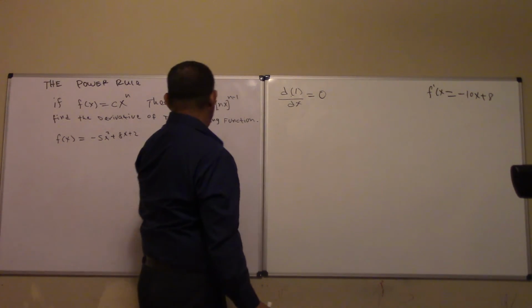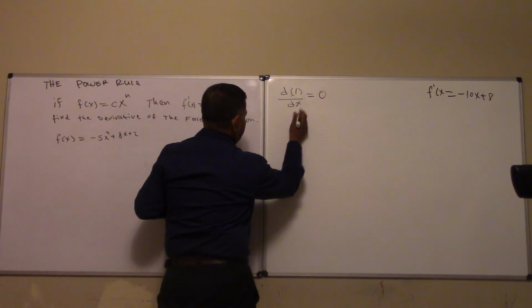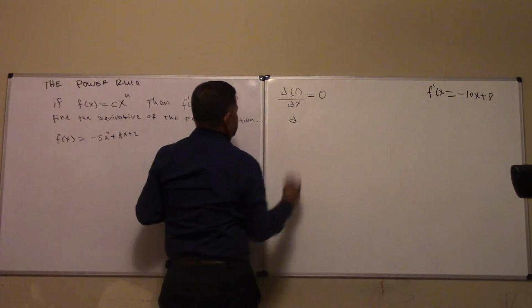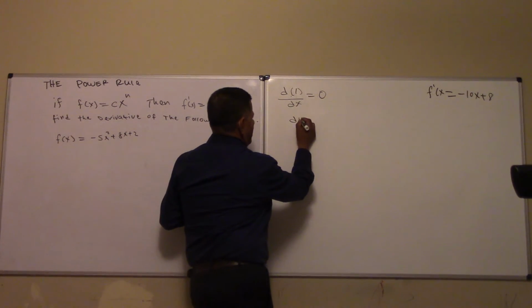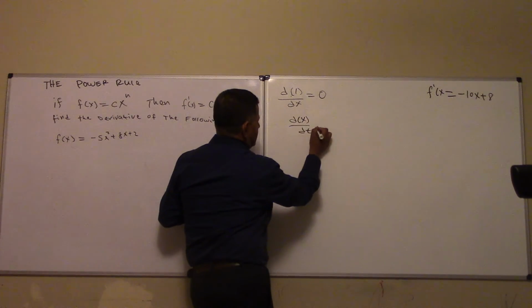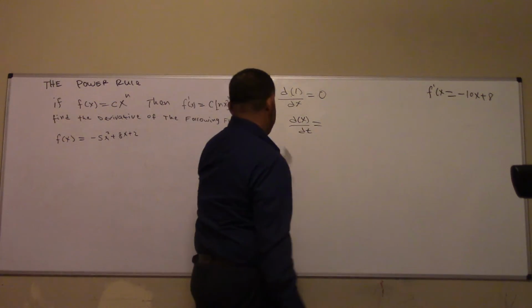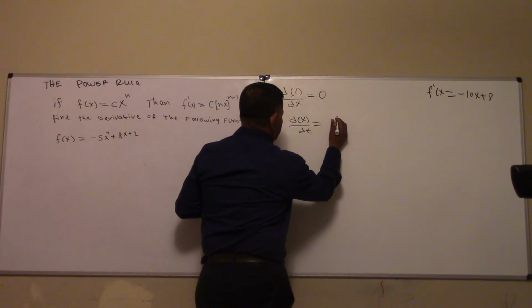The derivative of x, let's say you can say t or whatever here, doesn't matter, right? So the derivative dx/dt, the derivative of x with respect to t or y with respect to t, doesn't matter, is equal to